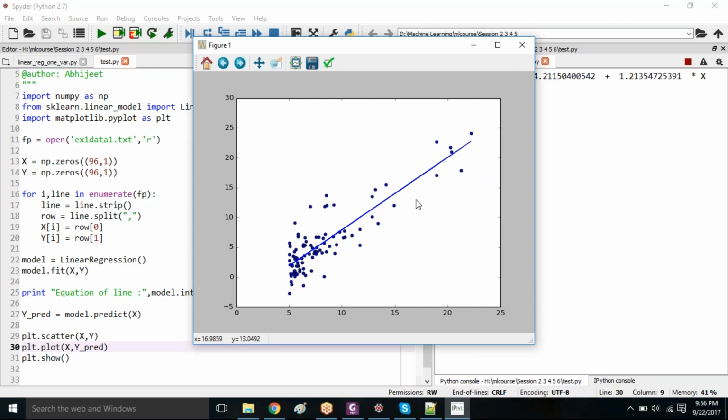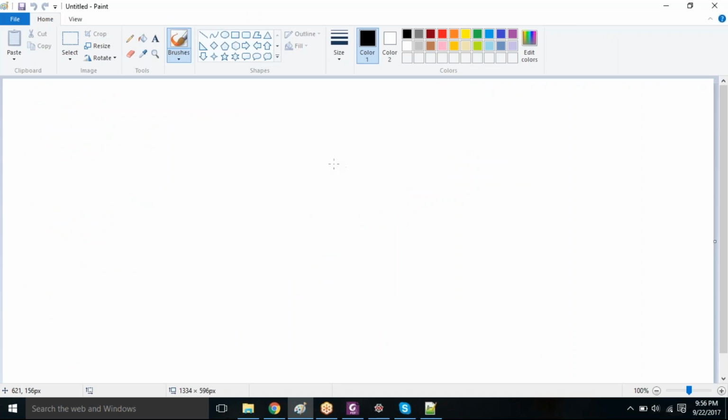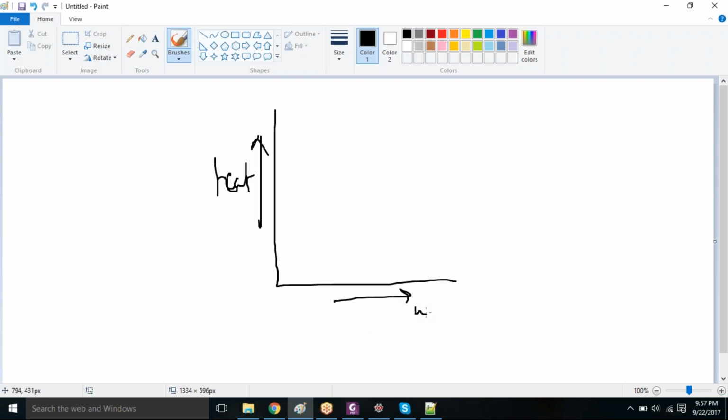How much heat is generated? It depends. Suppose, just a simple example, I am telling you, you have to predict the amount of heat generated. This is a real life example I am going to quote, but of course, I am still quoting just an example of linear regression with single variable. So people do this thing actually, that how much heat will be generated depending upon the workload,